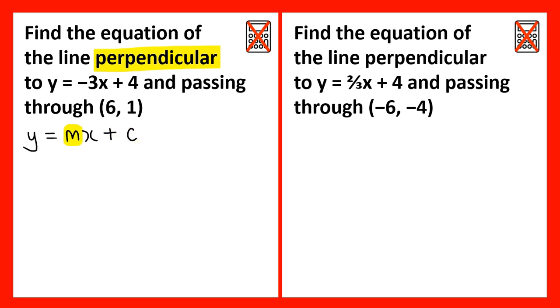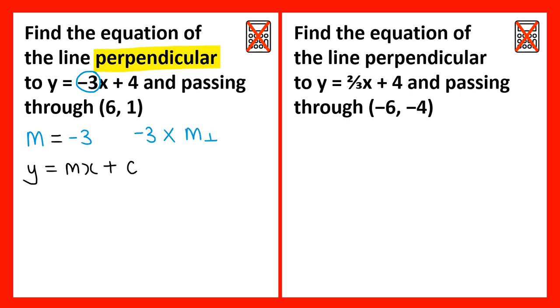If m represents the coefficient of x, I can use this to find the gradient of the line given. y equals -3x plus 4 means my gradient is -3. As mentioned previously, if two lines are perpendicular, the product of their gradients is -1. So if -3 multiplied by my perpendicular gradient, which I can use this notation to represent, is equal to -1, then my perpendicular gradient can be found by dividing by -3 on both sides to give me -1 over -3,